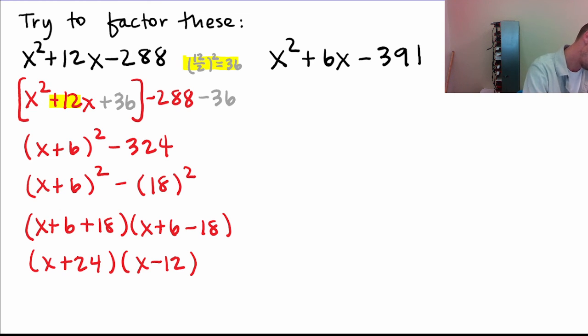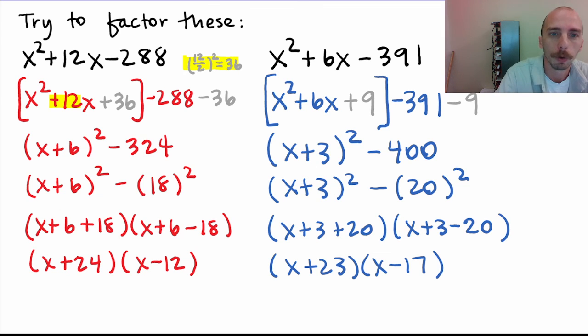Okay. So for x squared plus 6x minus 391, I think now you should try this on your own if you want to. If you are wanting to be able to do this without my help, then you're going to need to do it on your own, like I'm saying. You're going to work this on your own, and because the answer is just going to pop up in a second. Okay, so you're going to pause now,